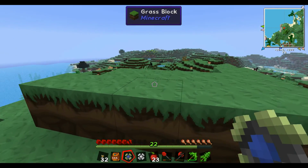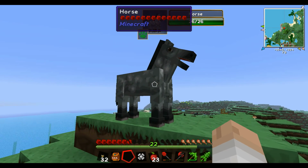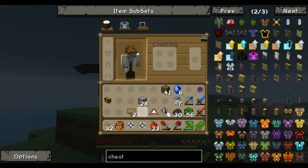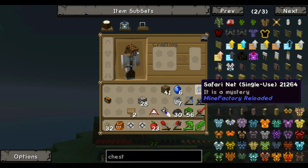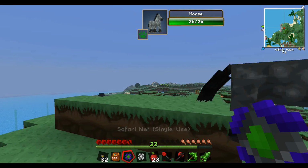Right, 3, 2, 1. Oh, it's a horsey. Okay, that's cool. Hopefully the other ones... Should we keep him? Oh, there's a random one. He switched around. Should we keep him? I don't want to waste the...